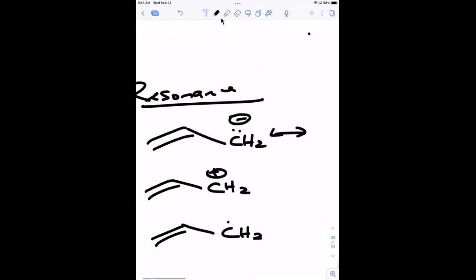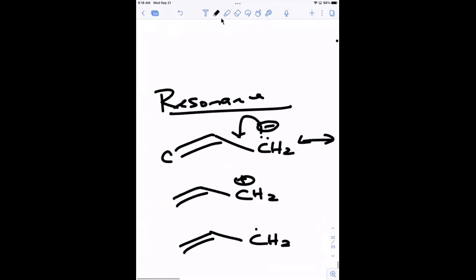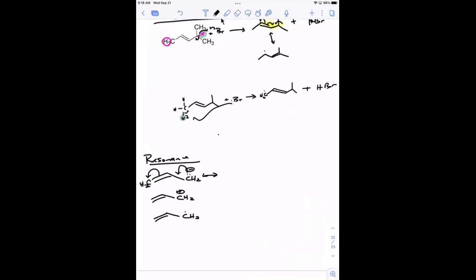For the anion, I'm going to move this pair of electrons here, and I'm going to write that in. Now I move this pair of electrons into the double bond here. What that does is put the negative charge here. That's the whole purpose of doing resonance, to spread the charge out over multiple atoms. And then I put the double bond here. It was here, now it's on the other side. So that's the way you're able to share those electrons over all three atoms and delocalize the charge, making it more stable. With the cation,